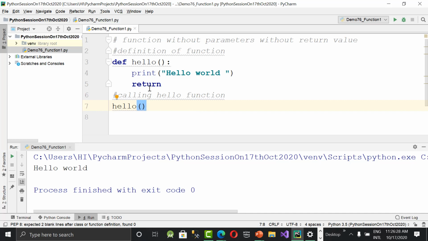What are we returning now? Nothing. So this point we need to remember. Yeah, so this is the basic example of writing a function. Is it clear, guys? Any doubts in this, ma'am? Yes, ma'am.